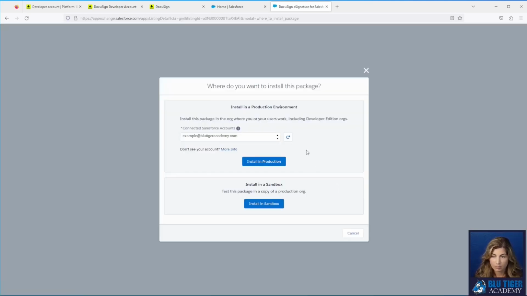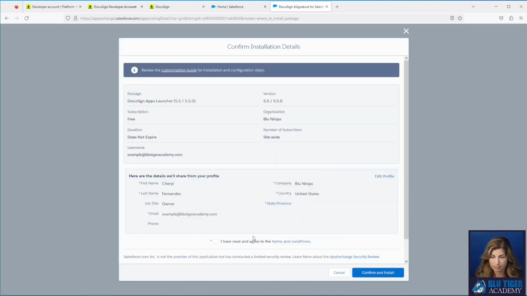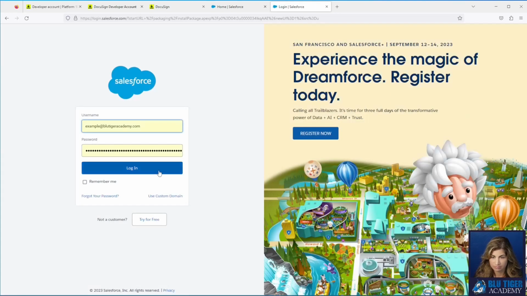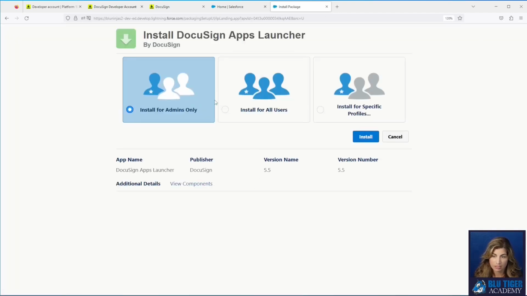We are in a developer account, so we're going to click Install in Production. Hopefully you're in a sandbox, so you will click Install in Sandbox. Now, DocuSign recommends that you install for all users.